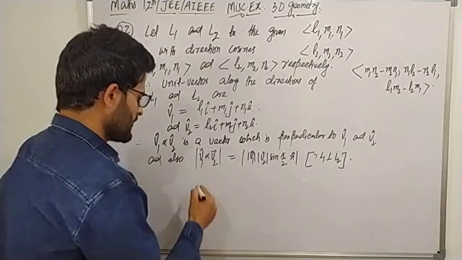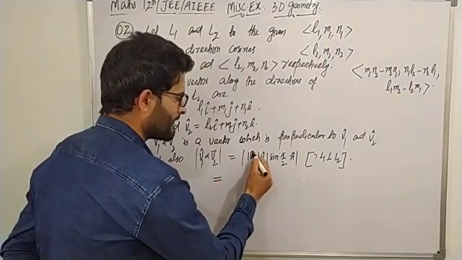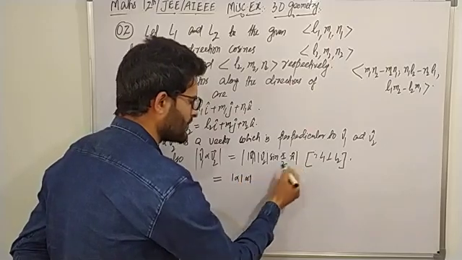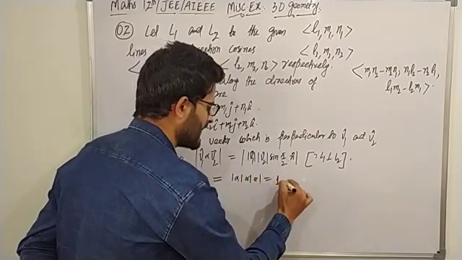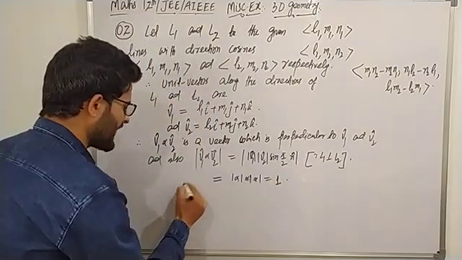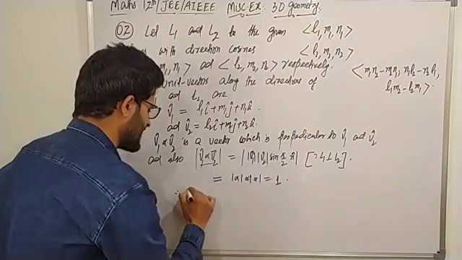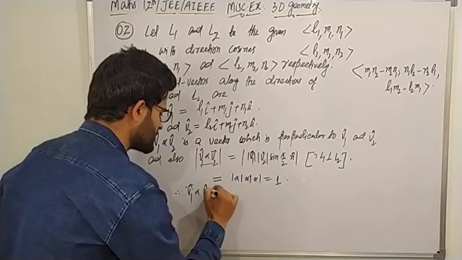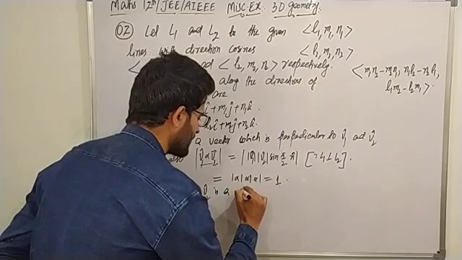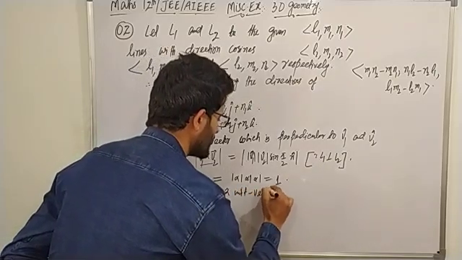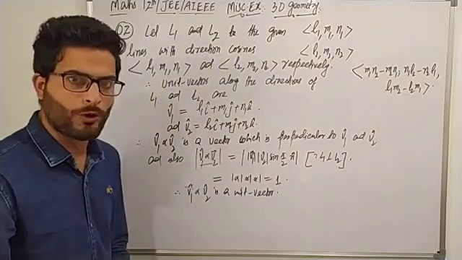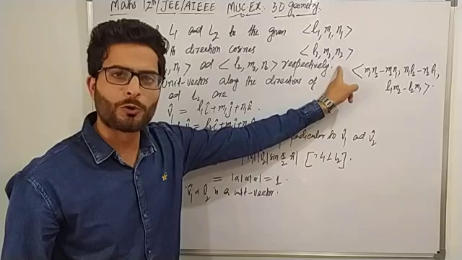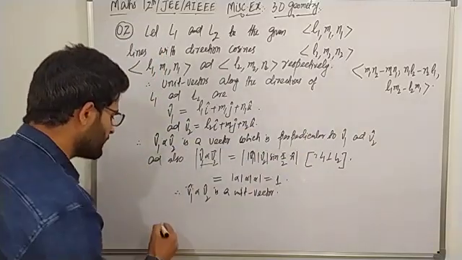Is that clear? So that's equal to magnitude of V1 cap is 1, magnitude of V2 cap is 1, sin 90 is 1, magnitude of n cap is again 1, and that's again equal to 1. So therefore magnitude of V1 cross V2 is 1. That is V1 cap cross V2 cap is a unit vector. और जो इस यूनिट वेक्टर के होंगे स्केलर कंपोनेंट वही उस लाइन के होंगे डायरेक्शन कोसाइनस जो L1 और L2 पे परपेंडिकुलर है. सो देयरफॉर